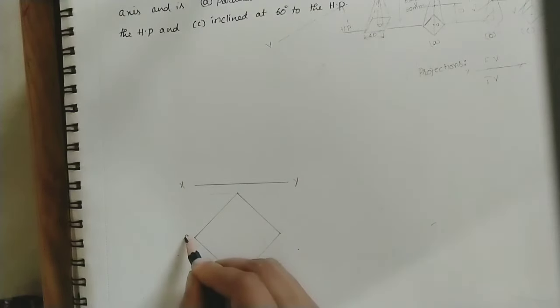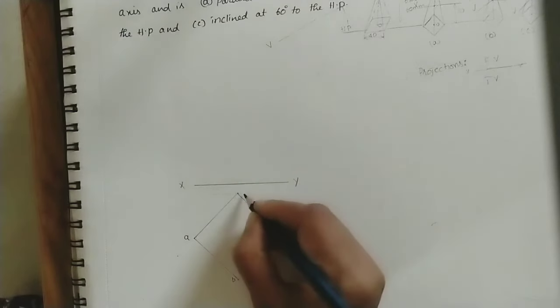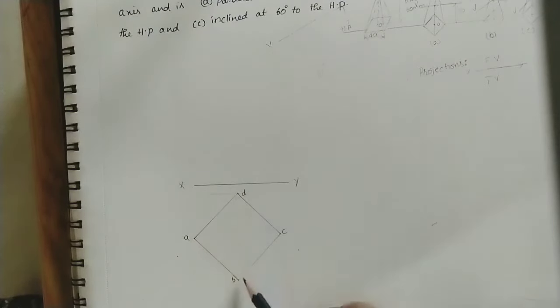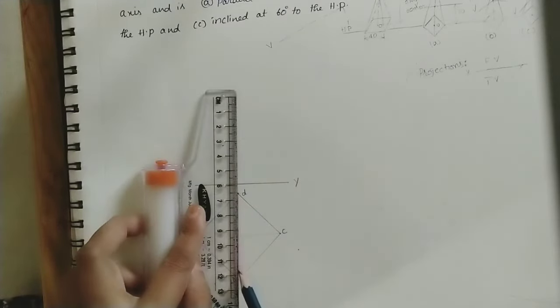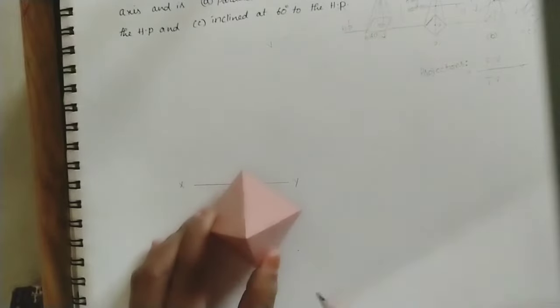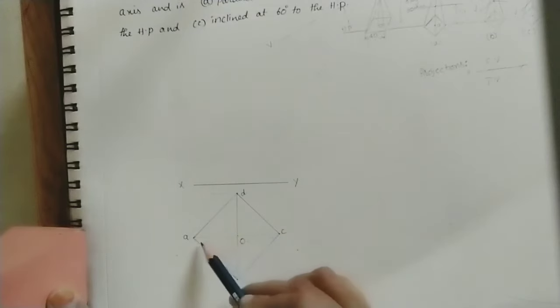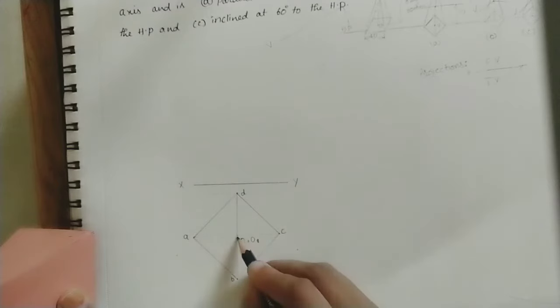Mark the corners. In the top view, we are giving small letters. Find out the center here. As we know, the center is found by joining opposite ends. Now this is the center. For the center I am giving O. So this is the top view. In the top view, this apex and this center both will come at the same place, and these slant edges are coming in this form. All slant edges are meeting at the apex. So for the apex I am giving O1. So both center and apex are coming at the same point. This is the top view.